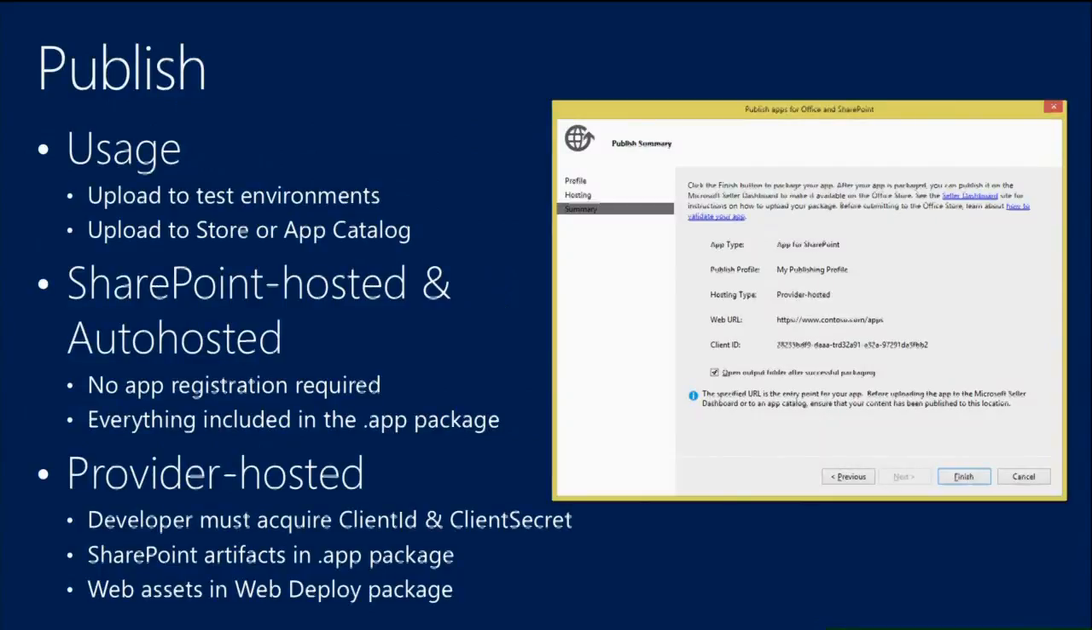Finally, one last thing before I switch back to a demo is we have support for publishing. And publishing is actually pretty easy for all of the different app types. For SharePoint on auto-hosted, it's actually a one-screen wizard that just goes and publishes the app project into a folder. And then when you take that app package, you can either deploy it to your corporate app catalog for use internally, or you can deploy it to the Office store, but you have to put it through the Office